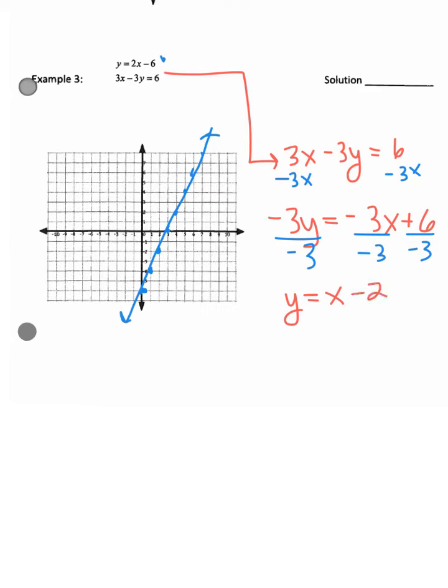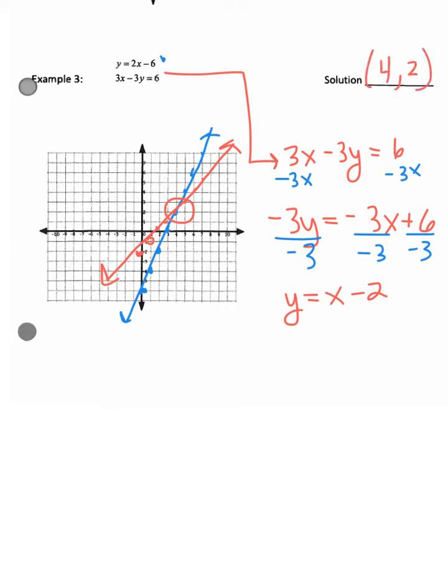So my y-intercept is negative 2, and my slope is 1, so I'm going to go up 1 over 1 until I find the point where the two lines cross. And so I see the two lines cross at 4, 2,